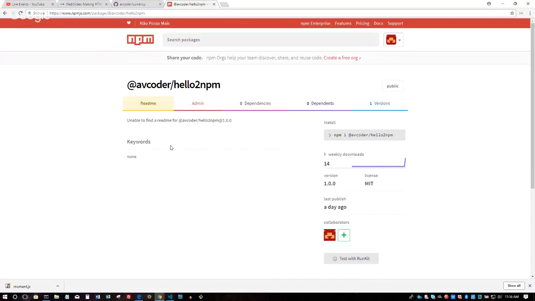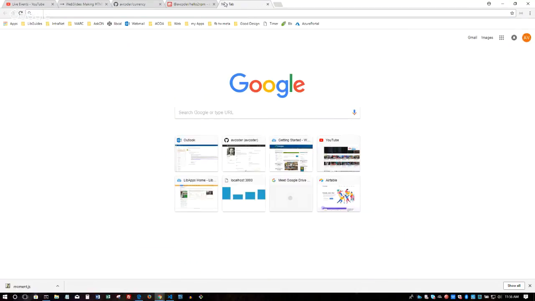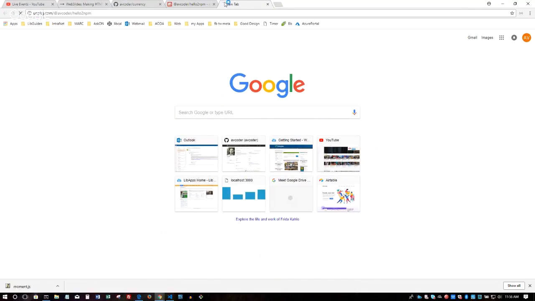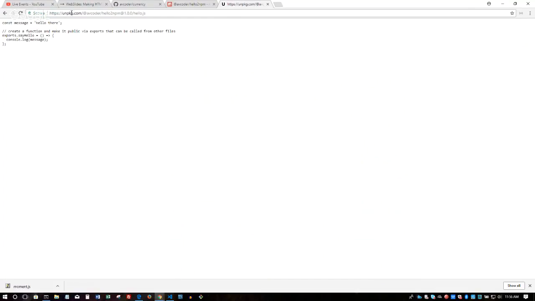So, oh, by the way, FYI, whenever you do upload your own modules into npm, in reality, the web address goes to unpkg.com. So unpkg.com is actually a CDN website. So anything you publish on npm actually gets uploaded to a CDN, which means it's very fast. So here, there's nothing different than what I just said before. This is the code. It's now in npm.